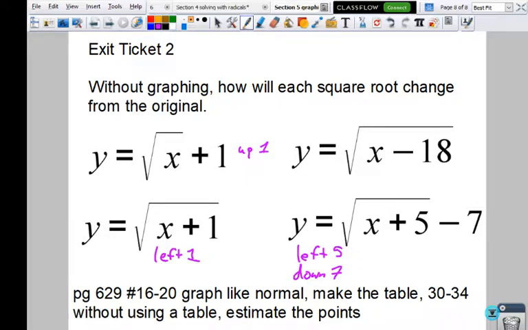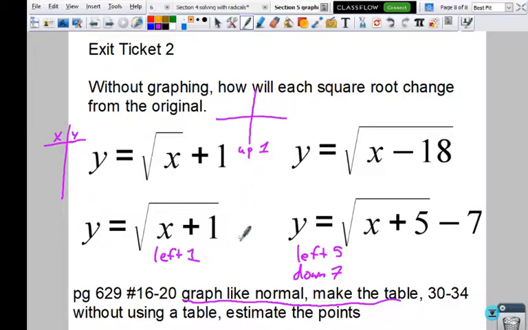Okay, so you guys are gonna start on your homework. On your homework, you really only have like 8 problems. The first 4, 16 to 20, I want you to make a graph and make a table for it, like the first ones we did. So you're gonna make a table, like an XY table, and then make your graph. On 30 to 34, you're going to graph, but you're not gonna make a table. So, for example, if I were to graph this one without making a table,